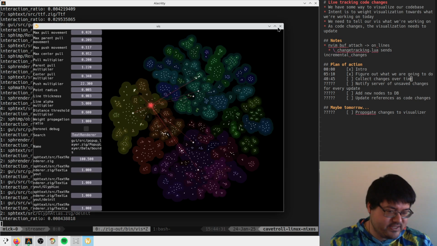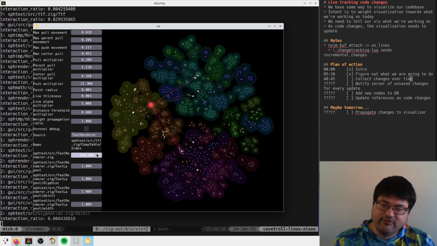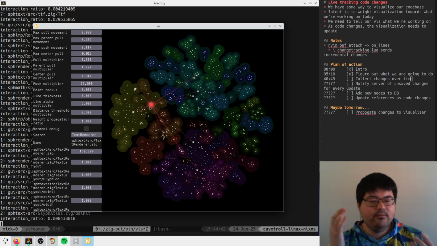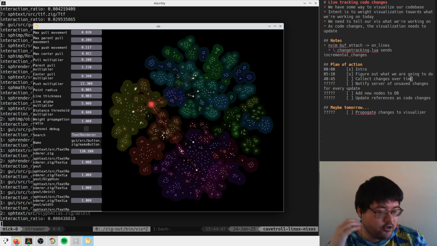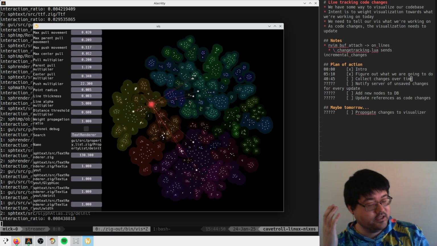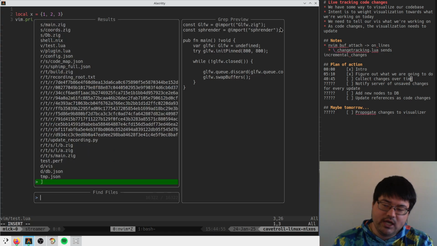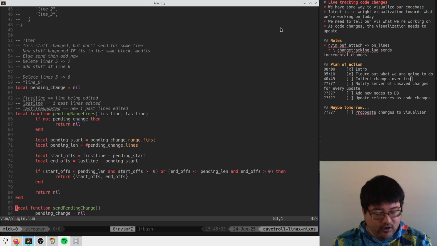So what we're working on right this second is we are trying to hook this thing up to our image editor or our text editor. So instead of me manually typing in text renderer and highlighting it, we want Vim to instruct this visualizer about all of the changes it's making, so that when I add a new class, a new dot shows up in the viz and says something. So we're working on tracking changes as they happen in Vimland, and trying to lazily send over, once a second, all of the changes that we made that you need to know about for me to get the right answer